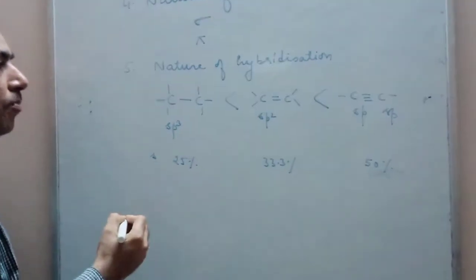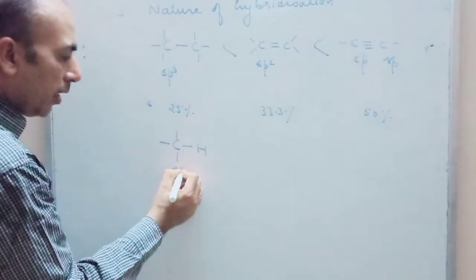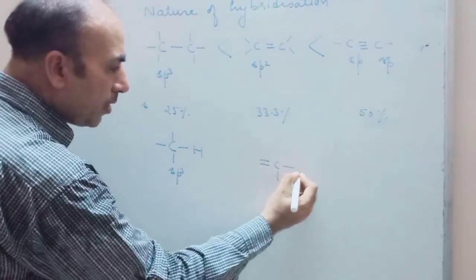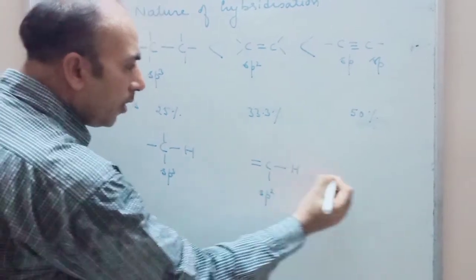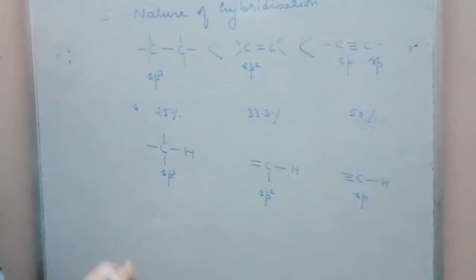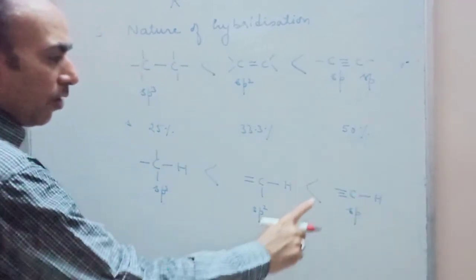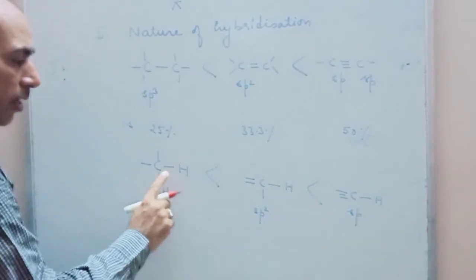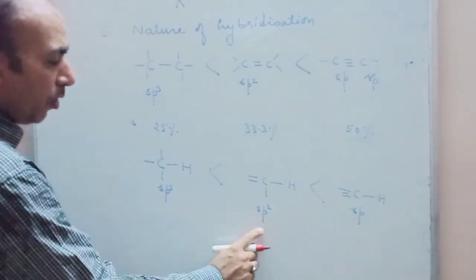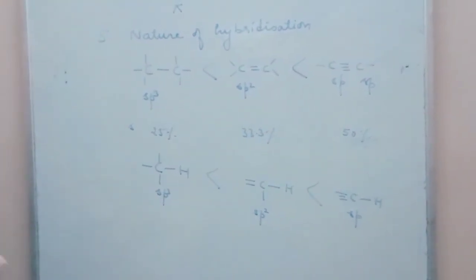We can see this from the bond energy of the CH bond. Like see, this is the case where it is sp3 hybridized carbon having H on it. This is the case where sp2 carbon is having a CH bond. This is the case where sp carbon is having a CH bond. The bond energy in these cases will be in this order. The sp hybridized CH bond will be of highest energy and sp3 hybridized CH bond will be of lowest energy. The S character here is 50%, 33.3, here it is 25%. So as the S character increases in hybridization, the bond energy increases.